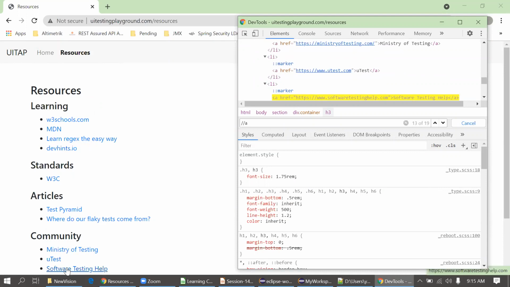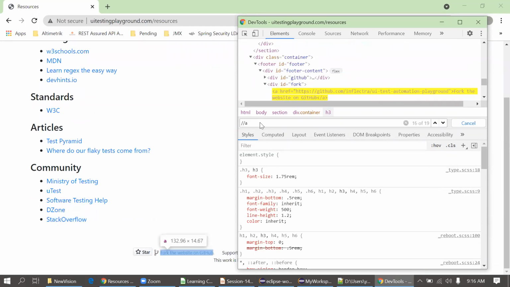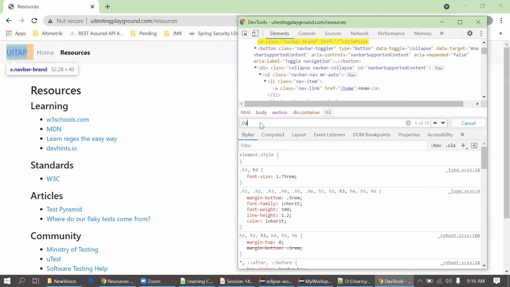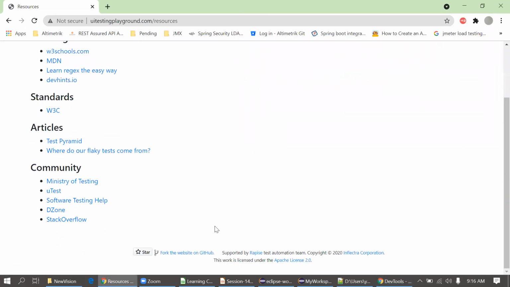You can observe this side as well. Okay, left side. So again, Stack Overflow. Okay, this is fine. But again, I'm getting a few extra links, which are from the website, from 16 to 19. So I don't need these as well. I'll just identify the pattern between these links, and then I will exclude this UI tab, home, resources, and the links below. I will exclude all of these links.